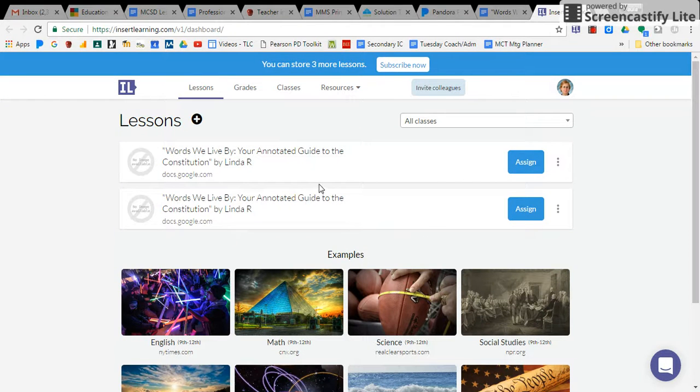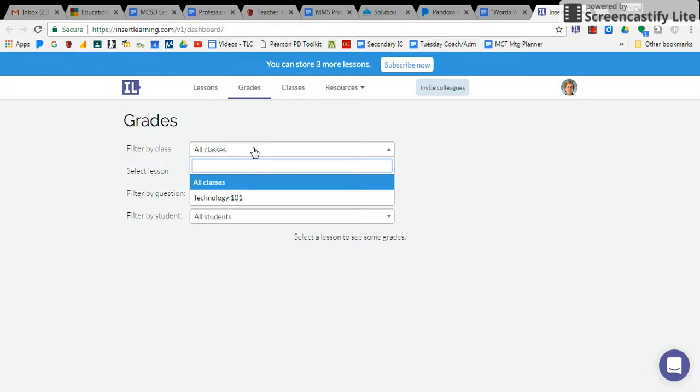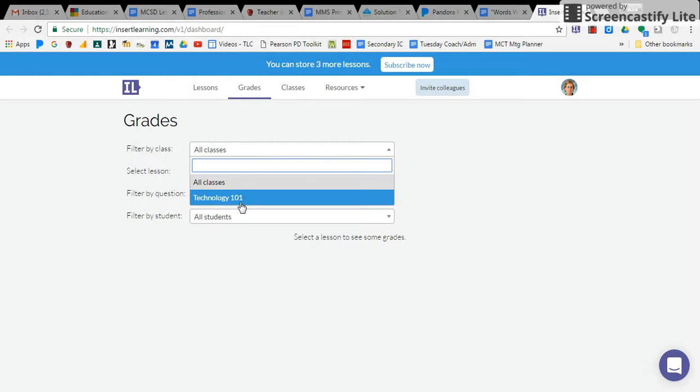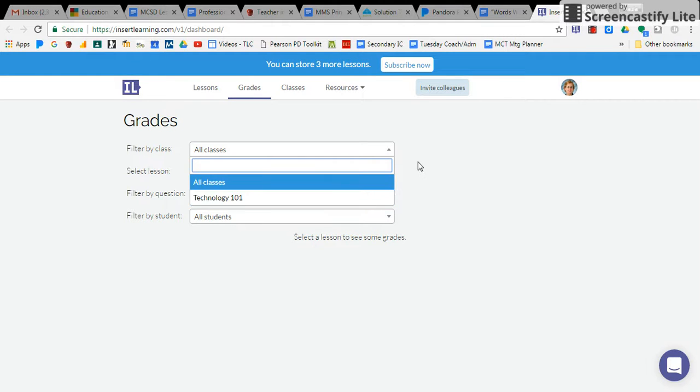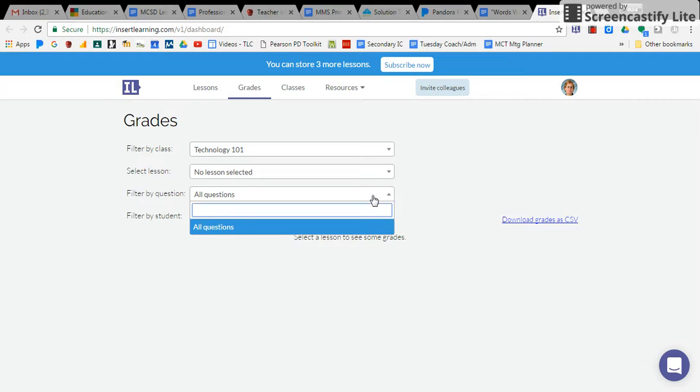And let's say I want to look at what my students are doing. I can filter by my class, or if you are uploading your assignment through Google Classroom, your Google Classroom will come in through here. You can select the lesson, and I only have the one lesson I've done. I can filter by question. So if I say all questions, then I will get all of the questions. And if I say all of the students,